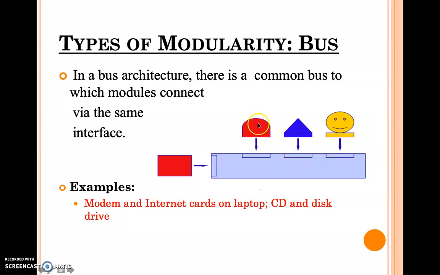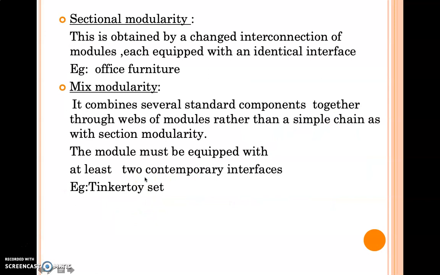So this part also will come under this triangular shape because the base is the same. This base will insert here. This emoji is there, but the base is the same, so the base will fit here. Means there is a common bus in which modules connect by the same interface. Examples are modems, internet cards on laptops, CD and disk drives. These are examples of bus modularity.